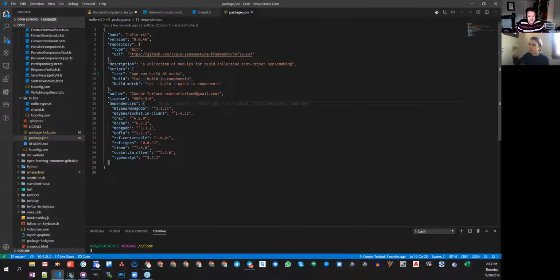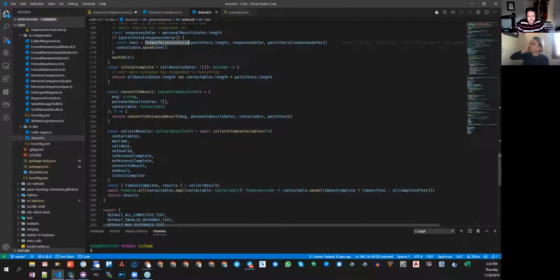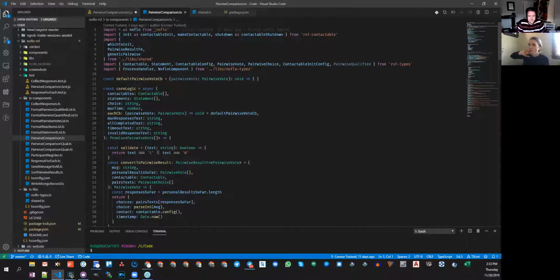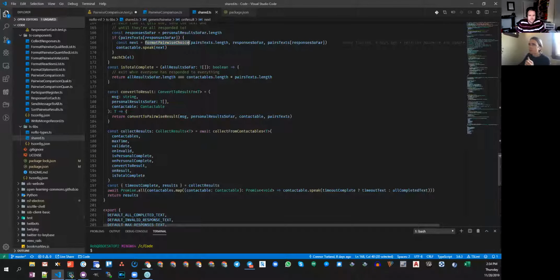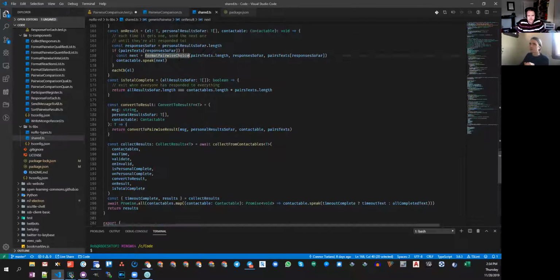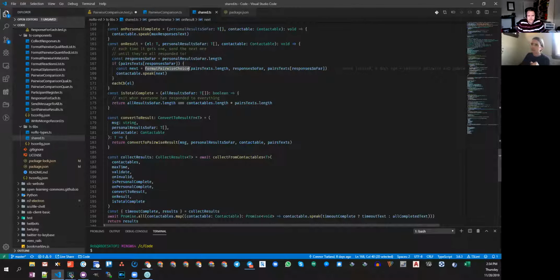Do one more thing for me, in that pairwise file. Shared. This pairs text responses so far piece in this line 168, towards the end of the line.